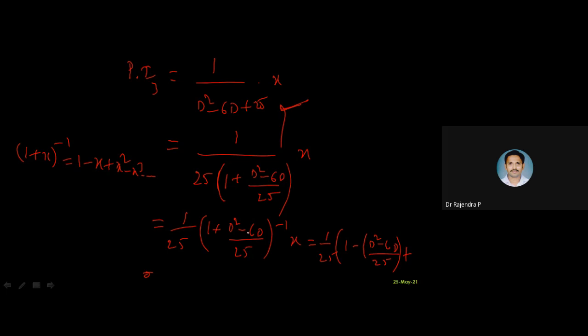And you tell me, do you need those terms? No, sir, we don't need. Yes, exactly. We need only the first derivative, we are getting a constant. The second derivative is going to be 0 for x. Here, what is the function? x is there. What is the power here? x power 1. So based on that, you try to expand your inside bracket using binomial expansion. It is very clear 1 is there, so up to degree 1 it's enough. Other higher terms are going to be 0. Simply you put dot dot dot and multiply with x.